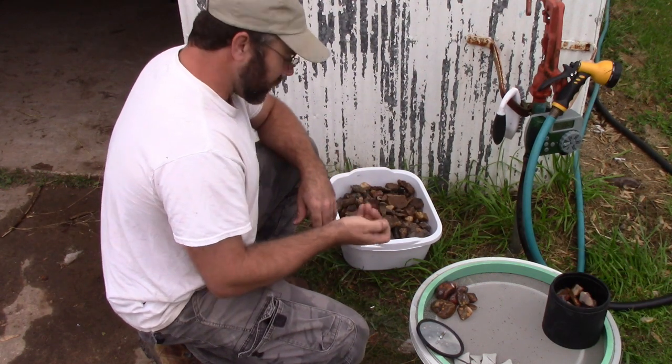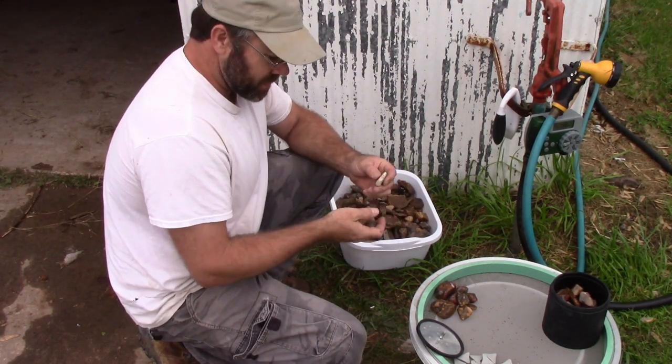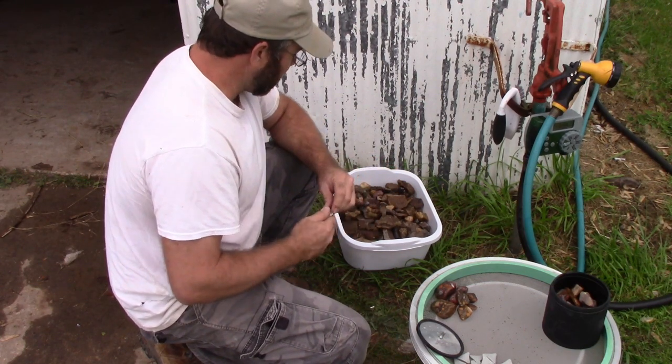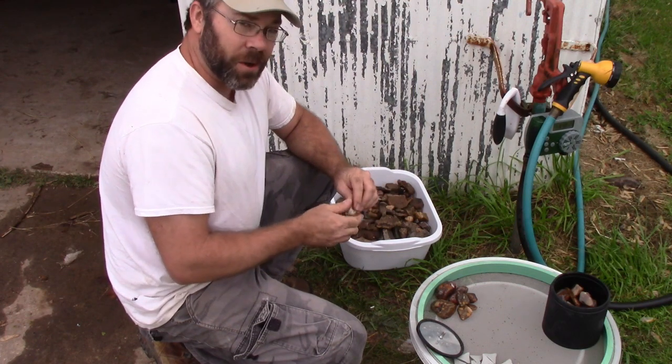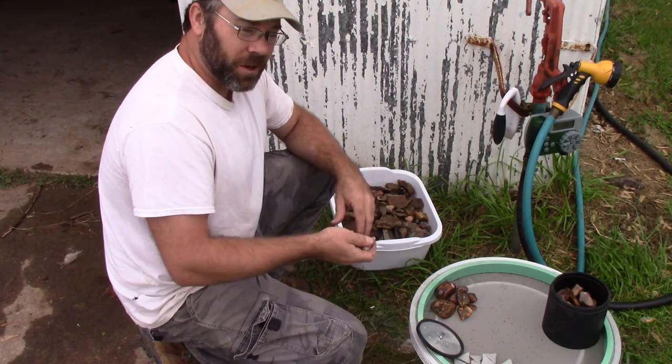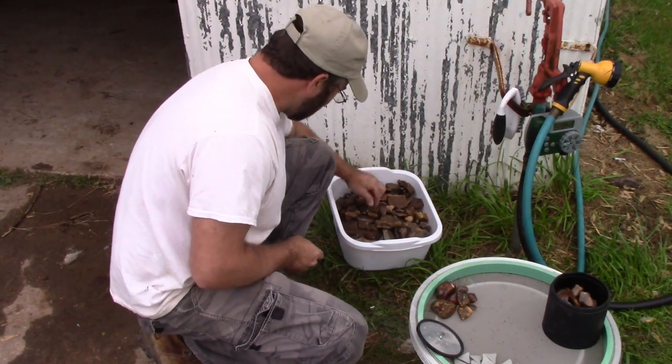So I'm going to pick out the roundest and smoothest ones that I can to go into that step 2, and then I'll go through and pick out a bunch more to start in a step 1. I'll probably run 2 barrels of step 1, start getting some more rocks kind of ganged up. So those two look pretty good. Alright,